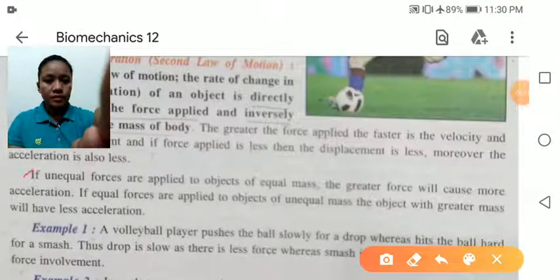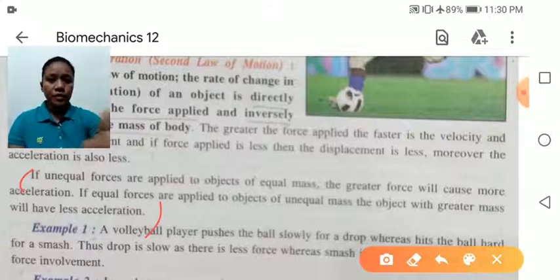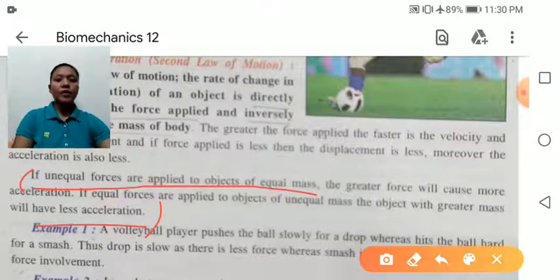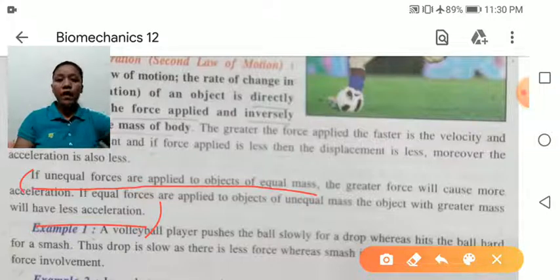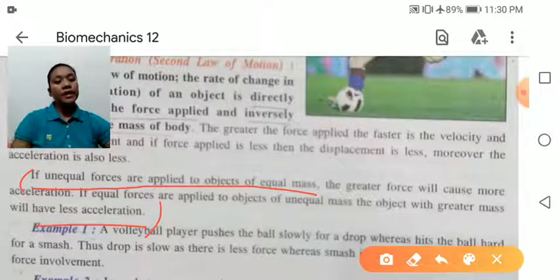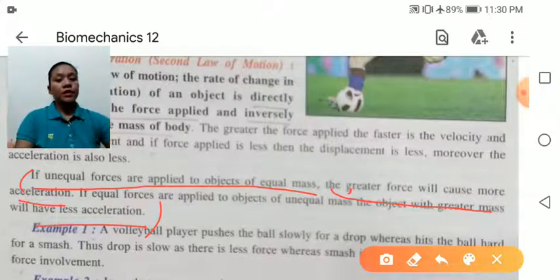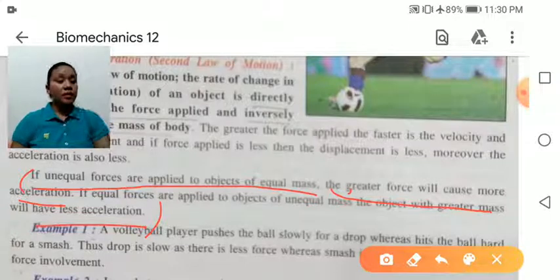For example, look at here. If equal force is applied to objects of equal mass, okay, if unequal force is applied to objects of equal mass, then the greater force will cause more acceleration. If unequal force is applied on equal mass, then अगर आप डिफरेंट फोर्स अप्लाई करते हो सेम ऑब्जेक्ट,